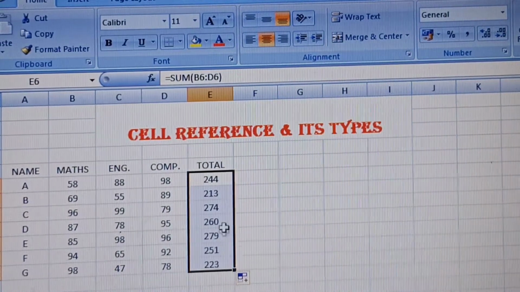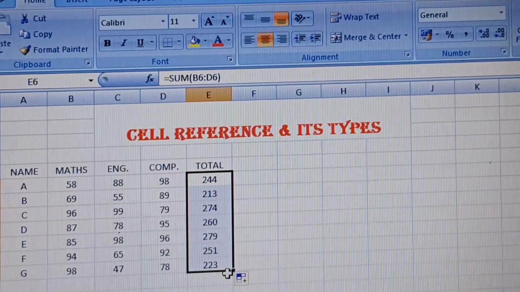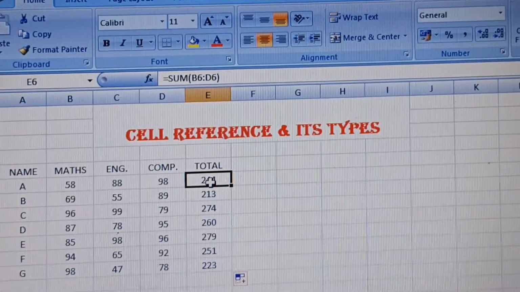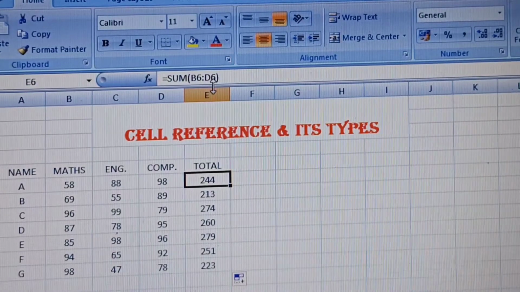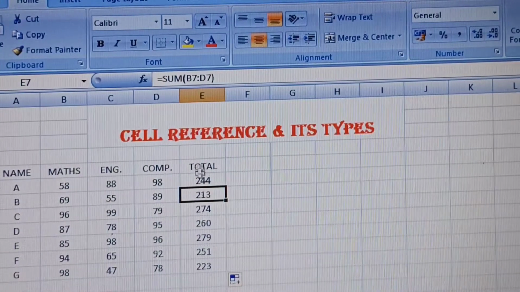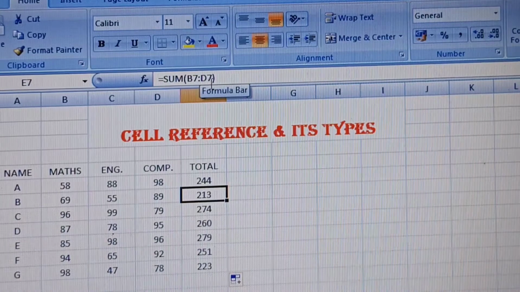Okay, so you can see that in all cells the formula is there, meaning the sum of the cells. When we put the cursor here, in the formula bar it shows SUM equals B6 to D6. Clear?